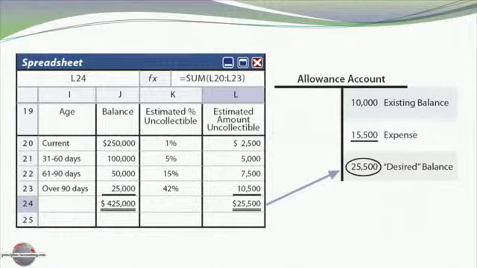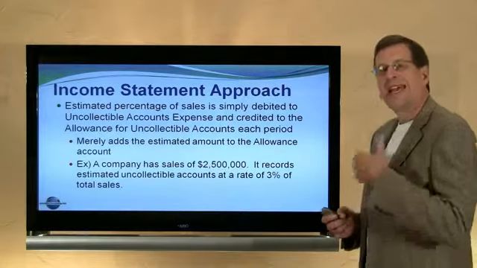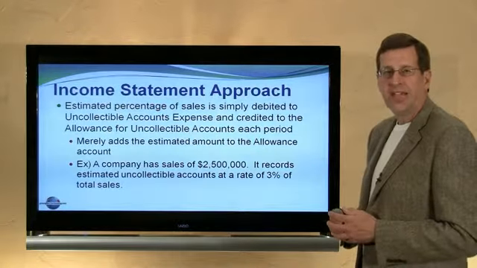Here's our aging. It shows the $25,500 desired balance. Notice how that corresponds. I had a $10,000 existing balance in my allowance account. I need $25,500. I'm adding $15,500. This is in contrast to an income statement approach where we take an incremental amount of each sale, say 1%